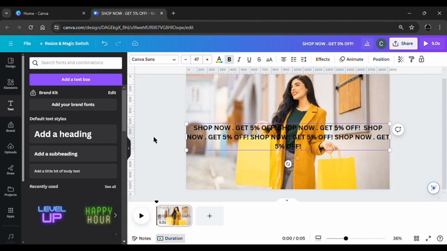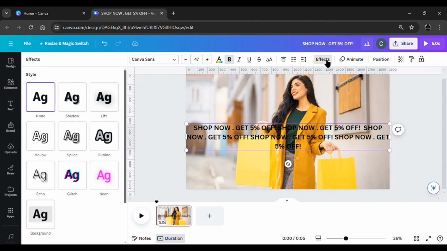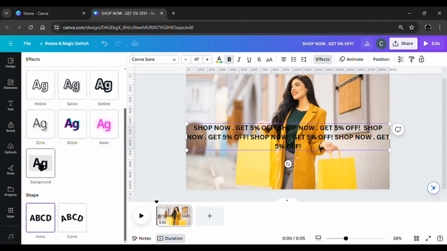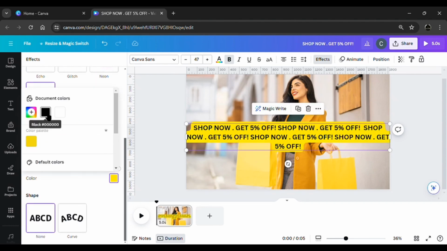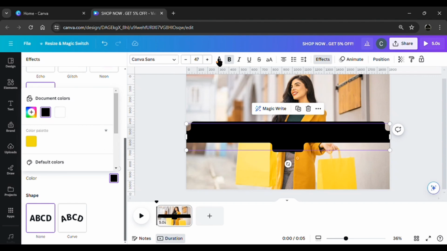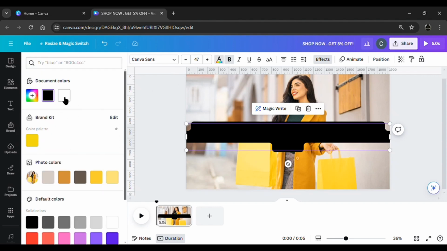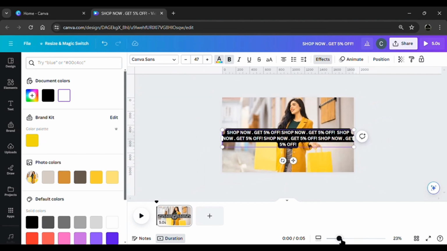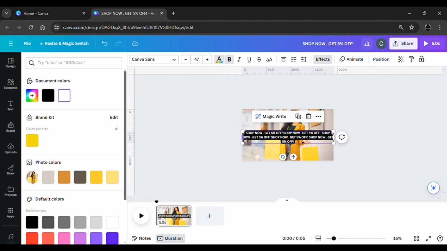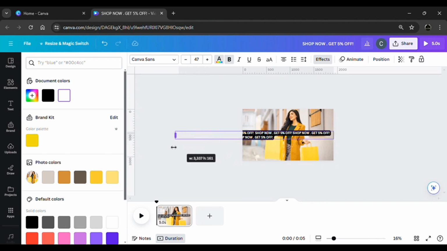Once that step is completed, we're going to go to effects and then we're going to select background. You're going to choose whatever color you want. I'm going to choose black. I'm going to change the color of the text to white, and then I'm going to zoom in on the page, extend the text,